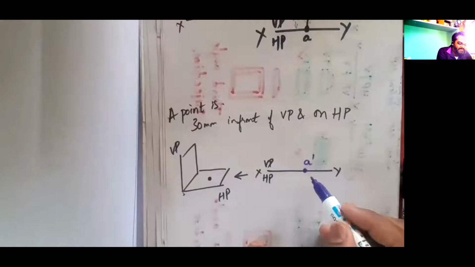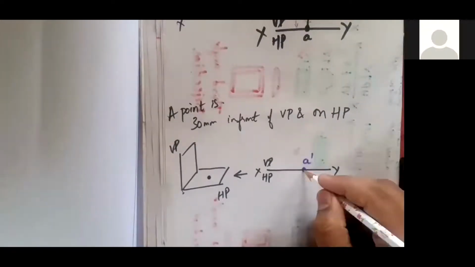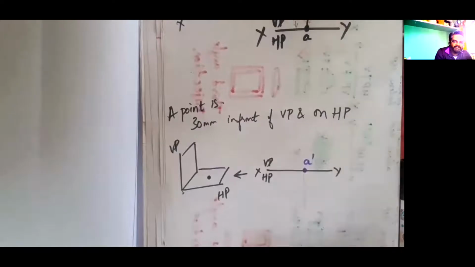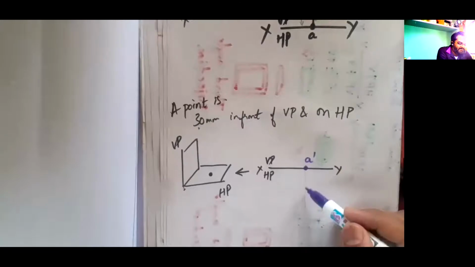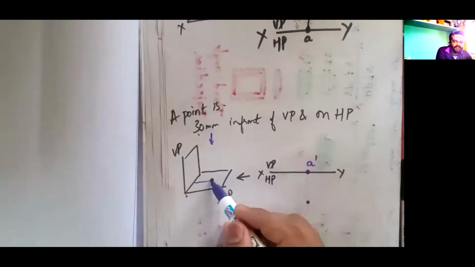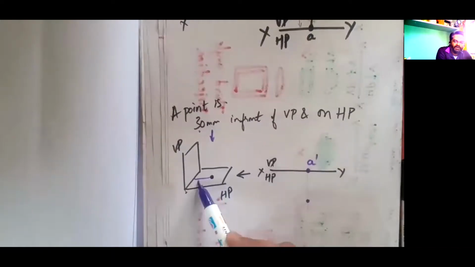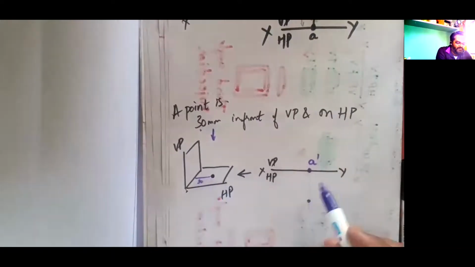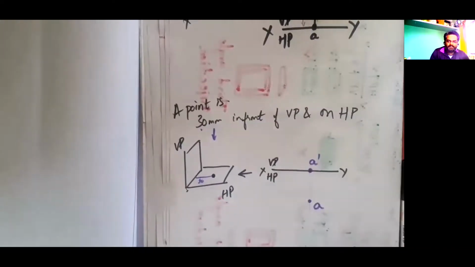On the same projector only, somewhere, I don't know, the top view should lie. The top view is at a distance of 30 mm. Three boxes I am going to mark here, and as I am seeing this object at a distance of 30 mm, see here, at a distance of 30 mm, I have got the top view called A. Able to get it?